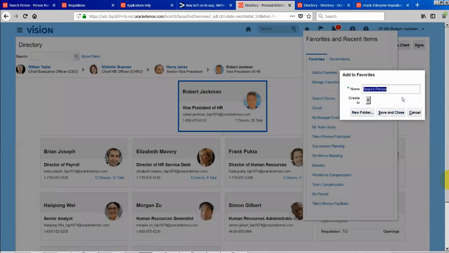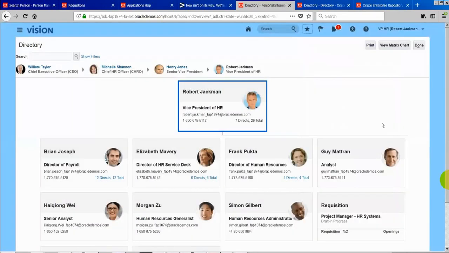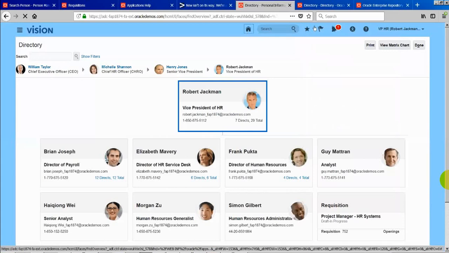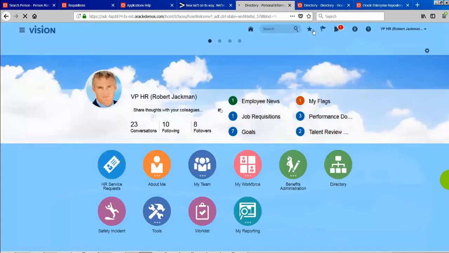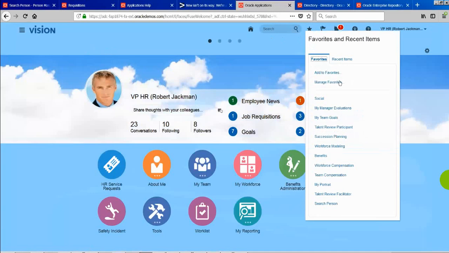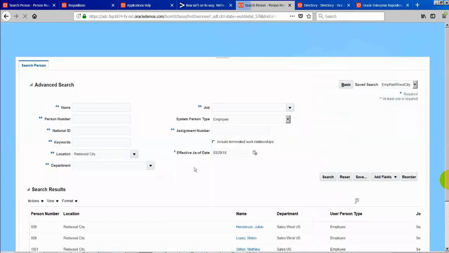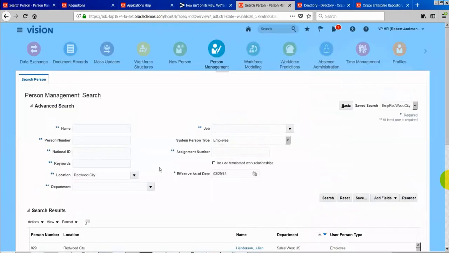And it's like any bookmarks, how you do in your browser. So you can save and close. If you go home and look at your favorites, there you can see your favorites are there. You can click on it, and it will directly go to the respective screen.